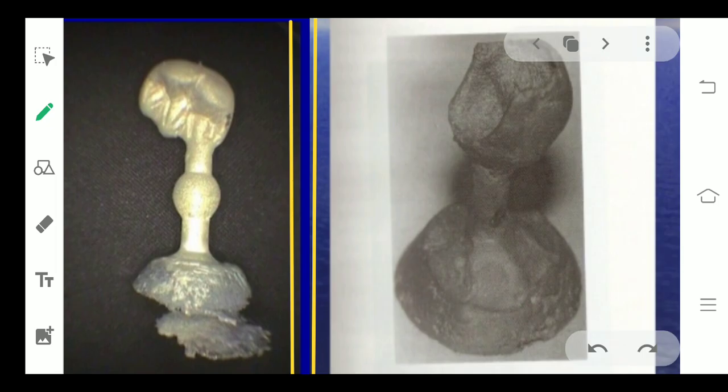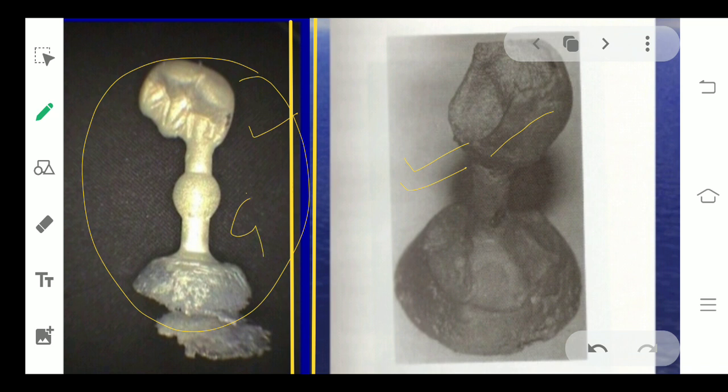As you can see in this figure, the cast we see is so rough. It's not smooth at all. Somewhere it is sharp, and somewhere it is not smooth. There's no cleaning and no finishing in this particular one. But in this particular crown, you can see that it is so smooth. This one is a gold cast crown and this one is a metal one, but still you can make out the difference in their surface roughness. This one is so rough and this is so smooth. If you do the polishing and burnishing, this will shine, but the other will never shine like that.